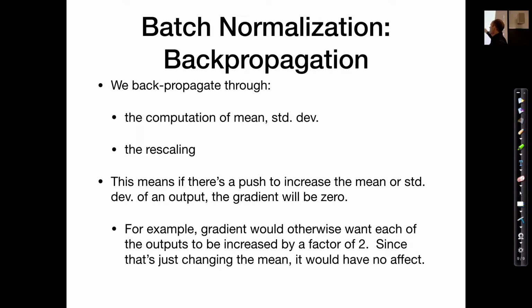And there's something I said before that's slightly not true. So if we want to increase the mean or standard deviation of an output, because of how this computation is happening, the gradient's actually going to be 0. So it's not going to push that. Okay? However,